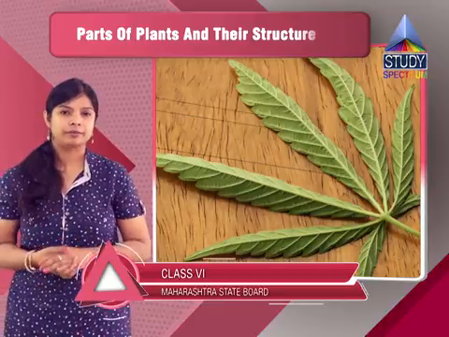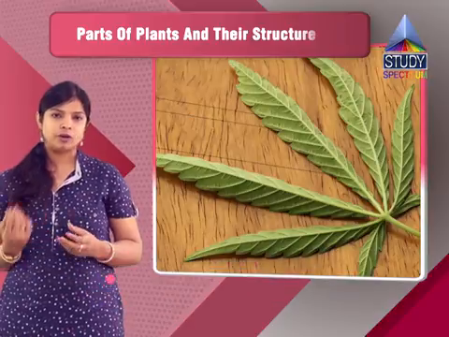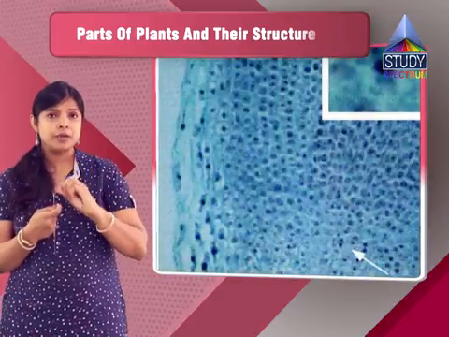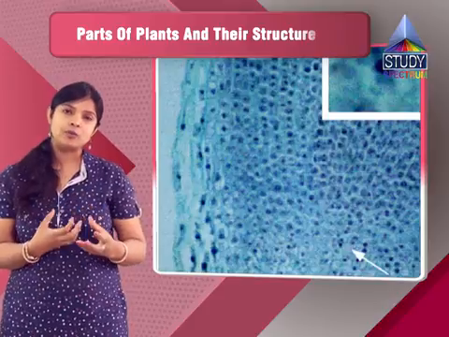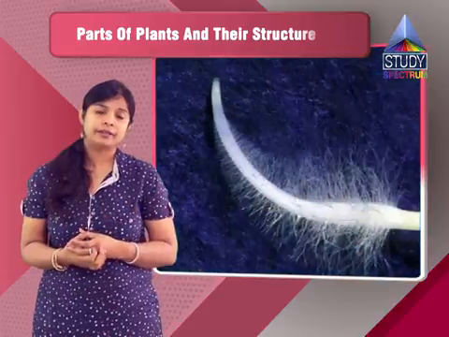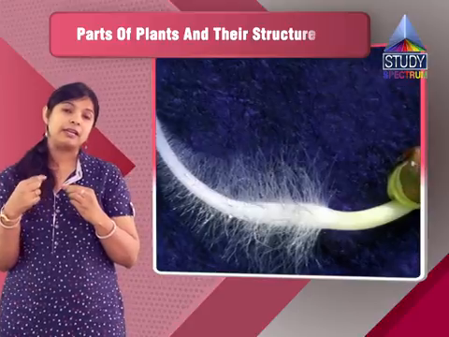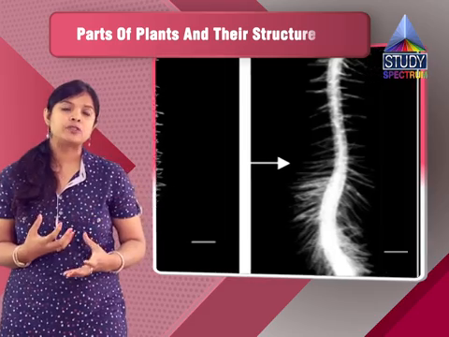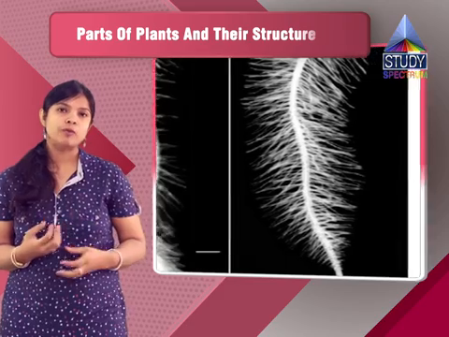parts of the flower. Now next question, where are the following parts located on the plant? Root cap. Students, root cap is the last tip of the root, a very delicate part of the root, and it also protects the root from any injury. Next, root hair. Root hairs are small fiber-like structures present on the last part of the root. And what is the role of root hair? It increases the absorption area and helps the root to absorb water and minerals